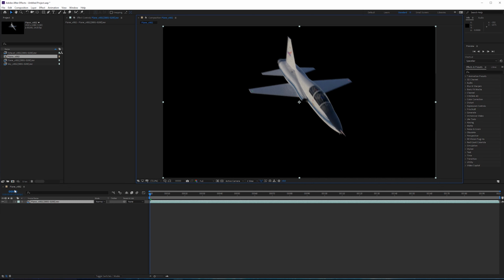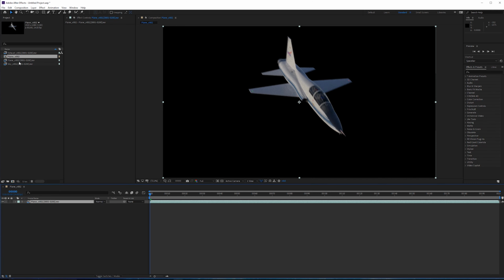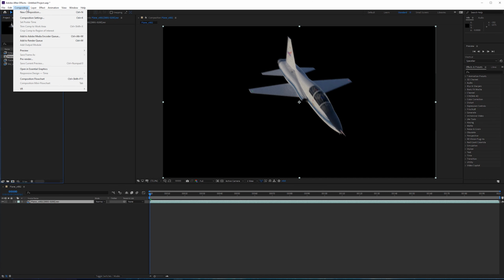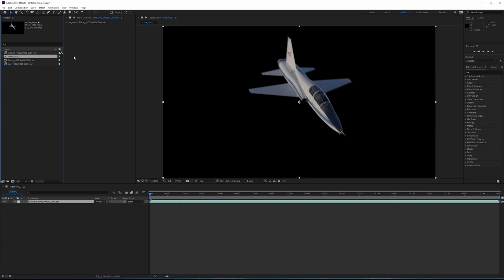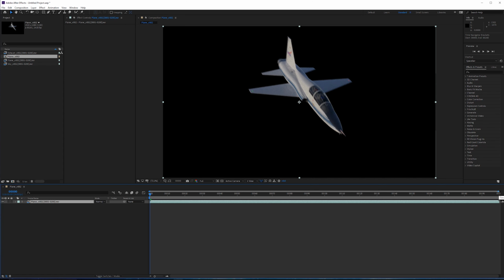Now to do this, we need to be viewing frames. If you don't see a frame counter here and you only see time code like this, which is hours, minutes, seconds, frames, hold down the Control key and select, and this will switch it to frames. Next, you can right click over the title of the composition, go to Composition Settings. You can also do it in the project window, and you can also do it in the menu up here, Composition Settings, or you can use the shortcut key Control K. So for the duration, I'm just going to change this to be 201. Click OK. We're going to increase the Time Navigator end so we can view the entire composition.